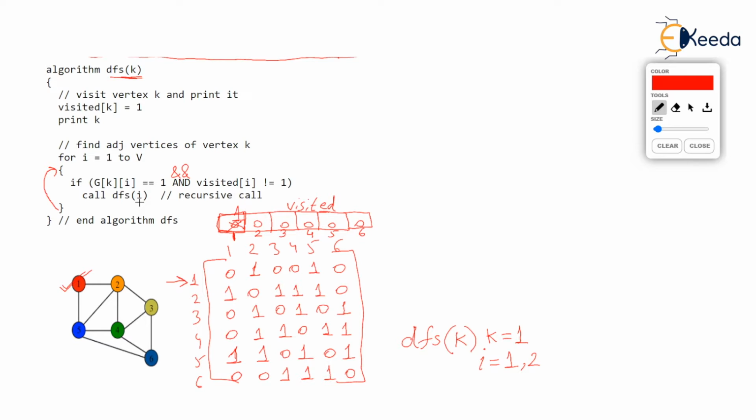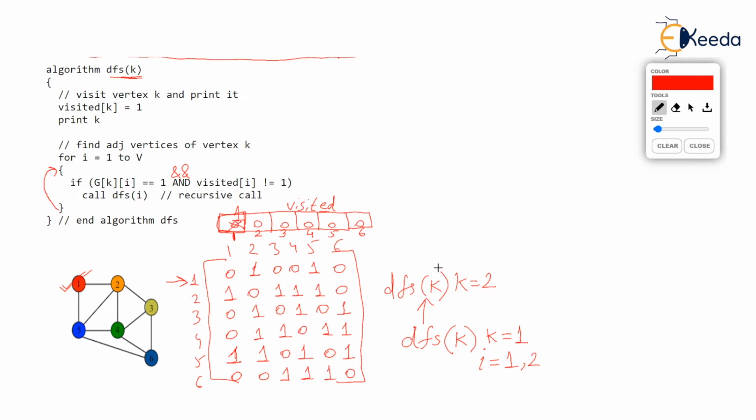This shows that DFS k is going to call DFS k again. Are you understanding? You see that the parameter of DFS, observe, is k. So we have called DFS k again, but importantly, k now, which was 1 earlier, is 2, because we have passed 2, the value of i, to this DFS. And this is how recursion occurs. You can see the very first adjacent vertex of 1 was 2, and we latched on to it. We said we are going to 2 now, forgetting all other neighbors of 1. So we are in DFS 2.